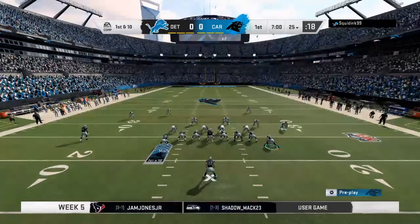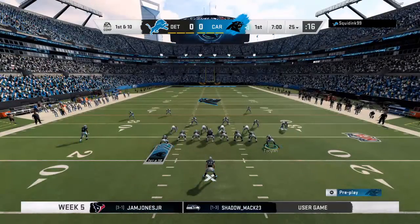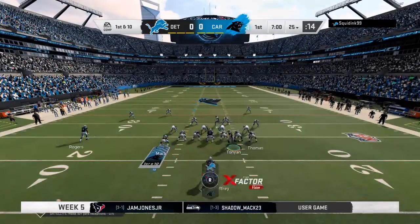Drop deep, drop deep. Check 13. Check 13. Go. Motion, motion,